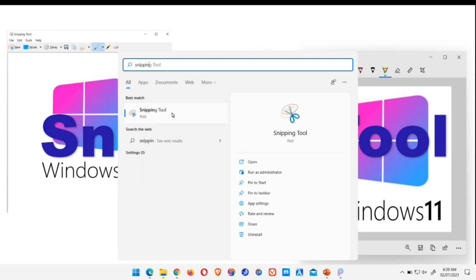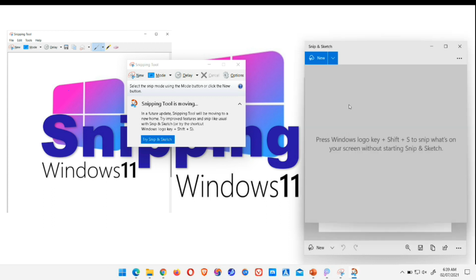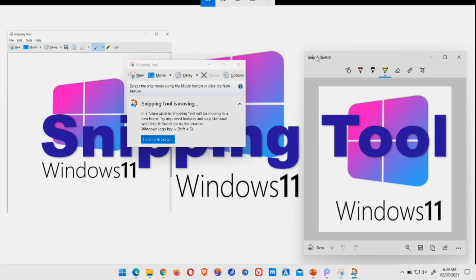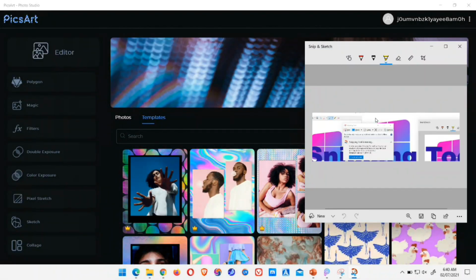So if I click on the snipping tool, you will get a message that the snipping tool is moving. It means that in future releases we will not find the previous version of the snipping tool, we will find only the newest version, and they have named it Snip and Sketch. Once I click on Snip and Sketch, it has opened a new window, and once I click on New, I can take any picture and at the same time I can draw anything.